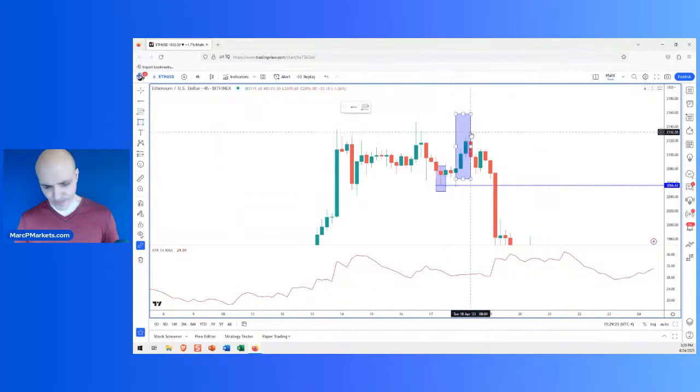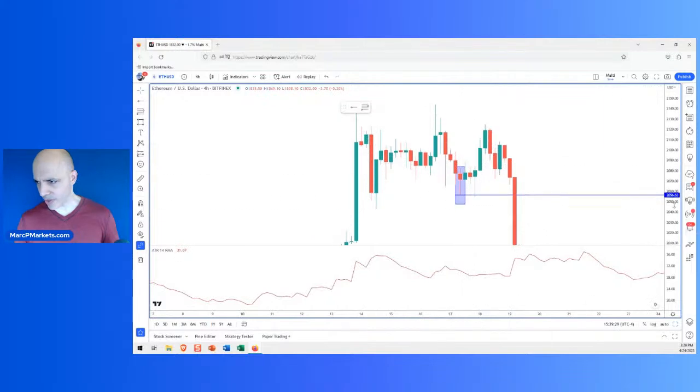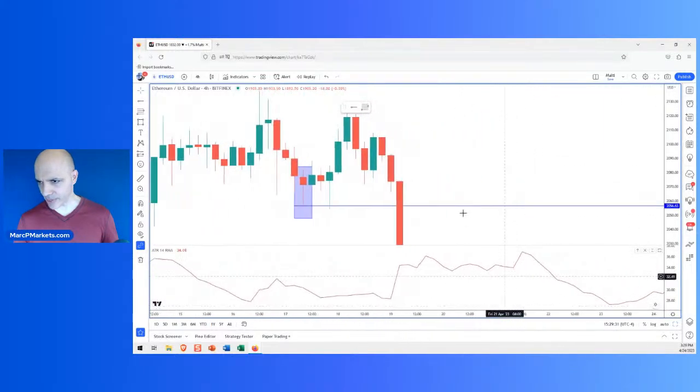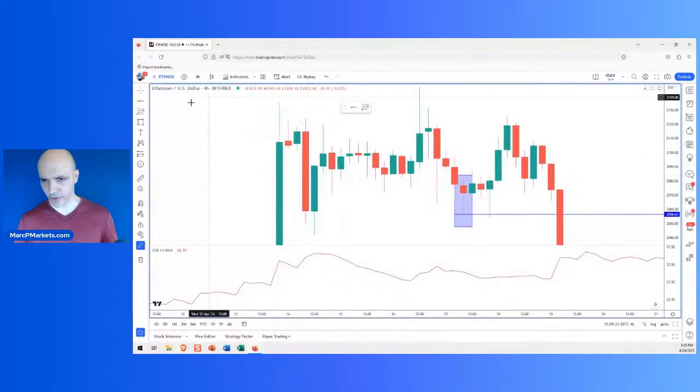Let me erase this over here. Okay, let me erase that. The entry candle is this blue box right here. Let me make that bigger so you guys can see, right? So there's no confusion. And I'm going to get to your questions, guys. Let me just go through this lesson real quick. So we never went to that stop, and instead we went to, like I said, a high of 21.25.